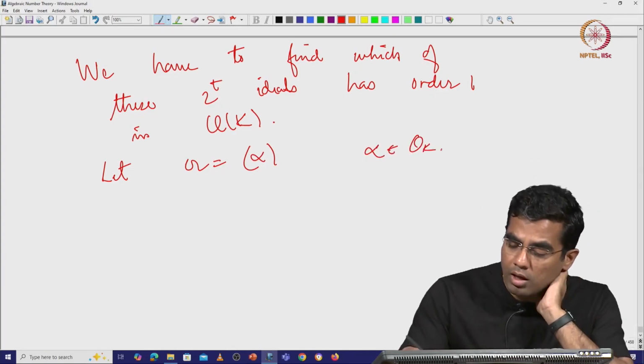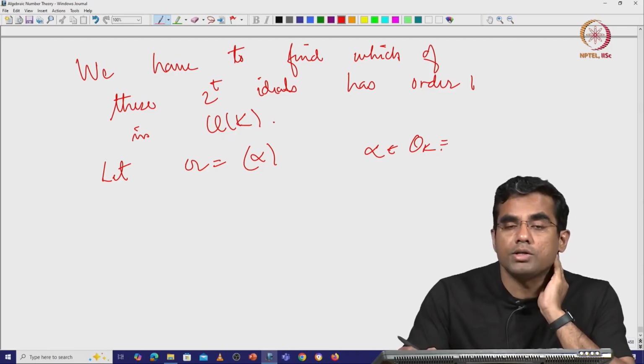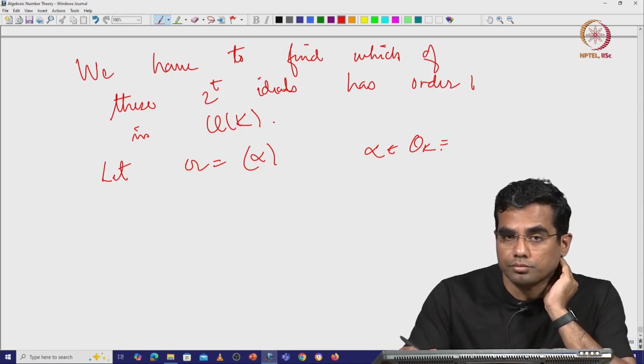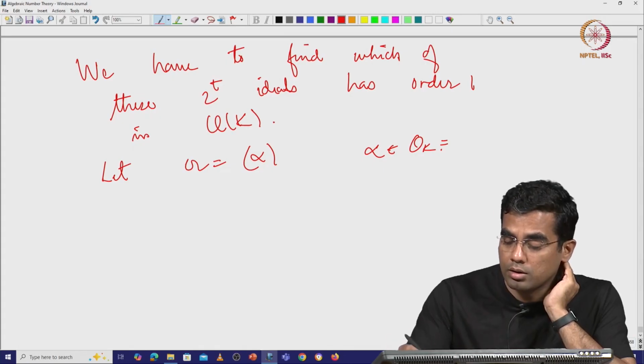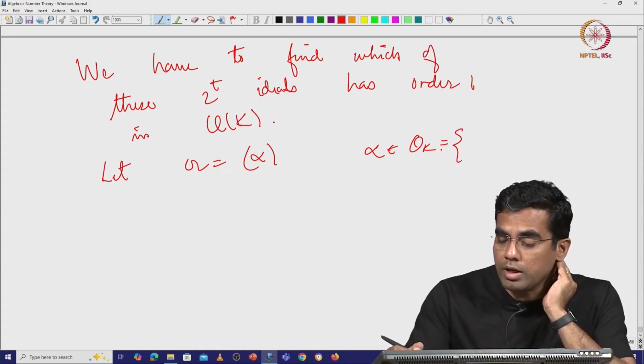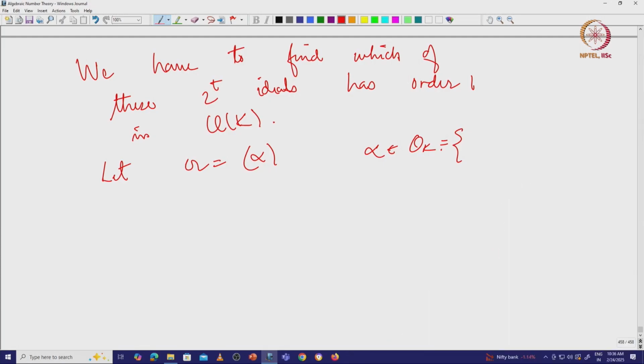But what is O_K? O_K was the ring of integers inside K, and so one way to write this, and you can take this as an exercise if you like, is: alpha is half of x plus y square root of d such that 1/4 (x squared minus d y squared) is in Z. So remember that